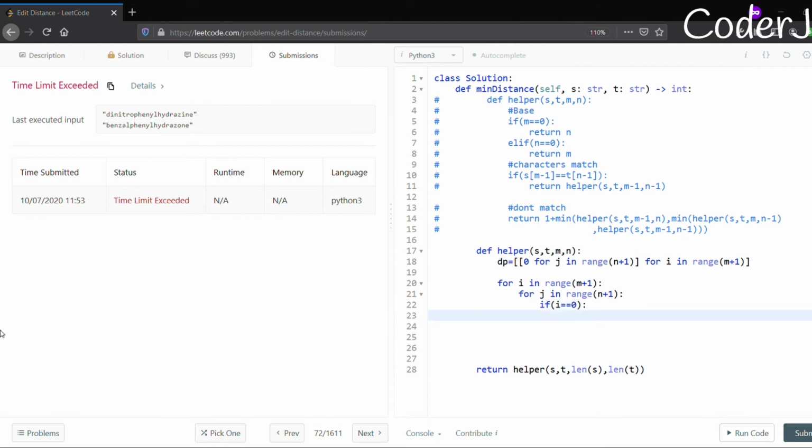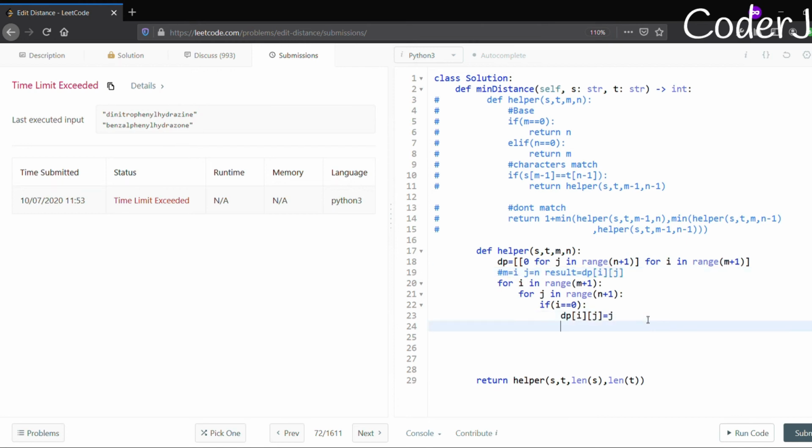So if we have written if m equals 0, which means if i is equal to 0, the dp of i and j, because what you are returning there is equal to dp i j. Return means dp i j. It will be equal to n, and n means j here. Let me comment that part for you, that m is equal to i and j is equal to n. Result is equal to dp i j.